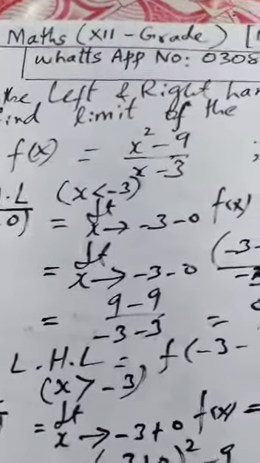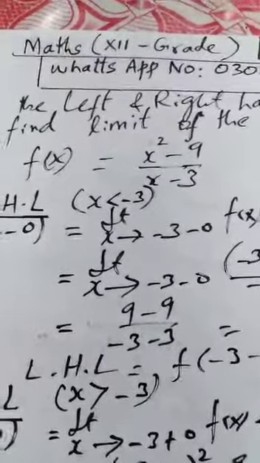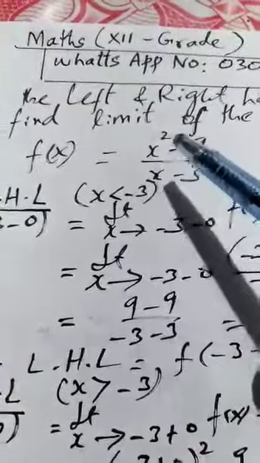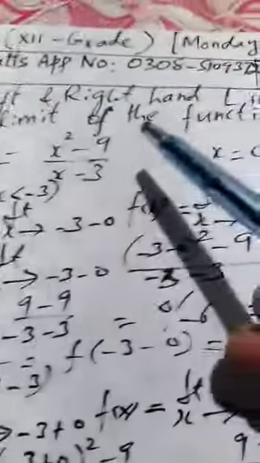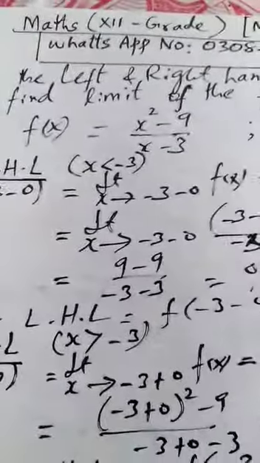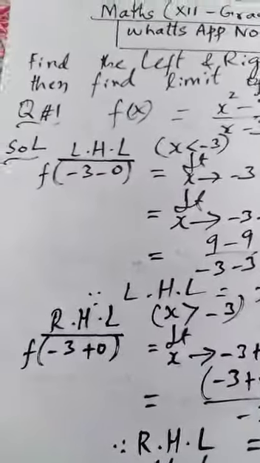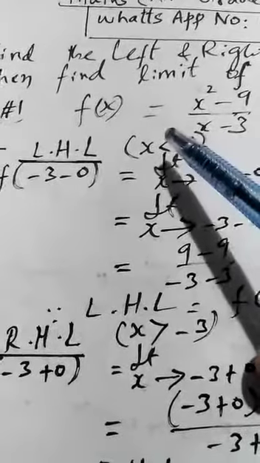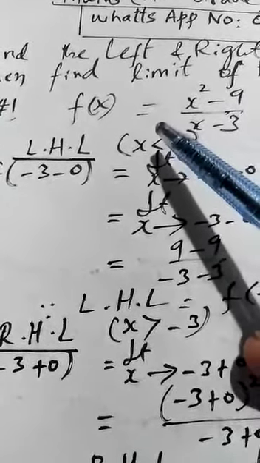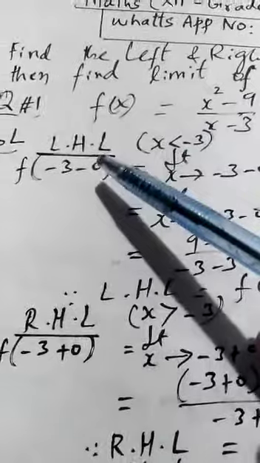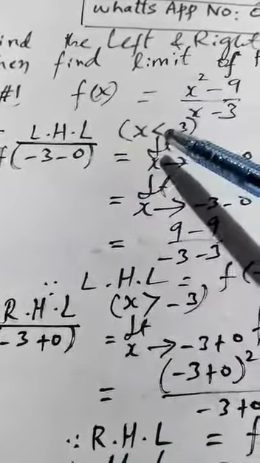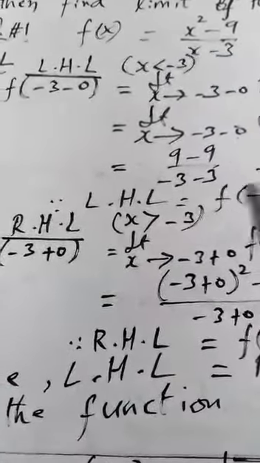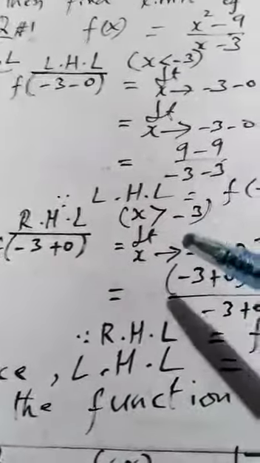Today our topic will be about the evaluation of limits involving left and right hand limits. Okay? You know that when variable x approaches the value c from left hand side, then the limit, if it exists, is called left hand limit, and if it approaches the value c from right hand side, it is called right hand